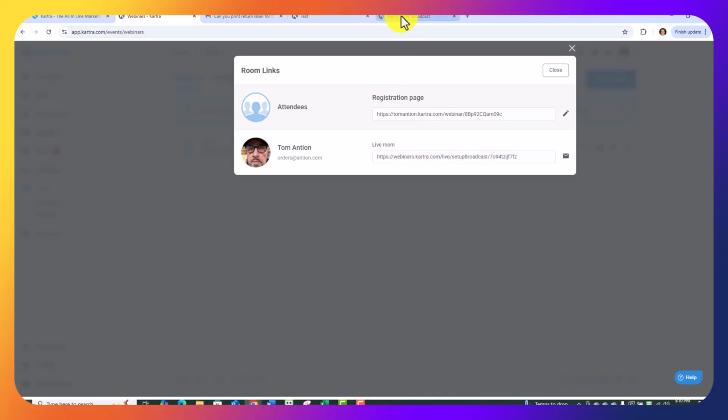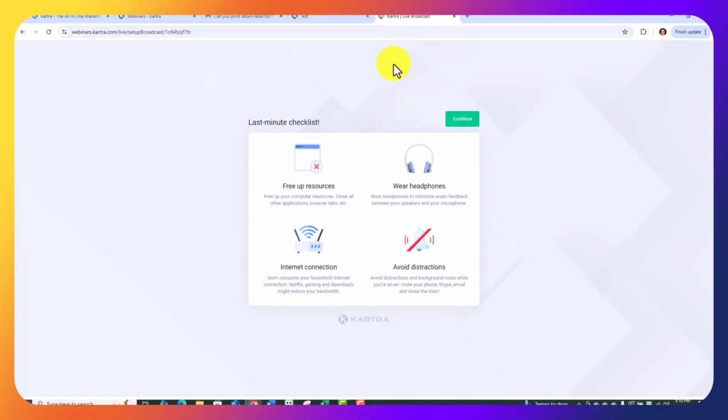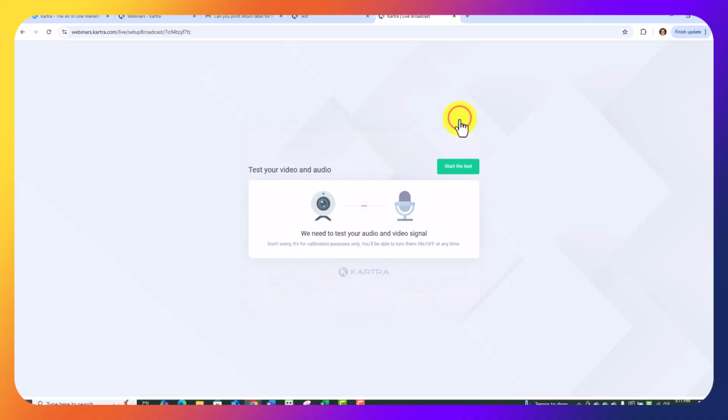So let's show you what that looks like. When you first go to it, it reminds you, it's nice, I taught people when doing webinars to have a checklist so they don't forget stuff. So this reminds you of all the stuff you should be doing. You still should have a checklist so you don't miss anything. And then when you click continue,